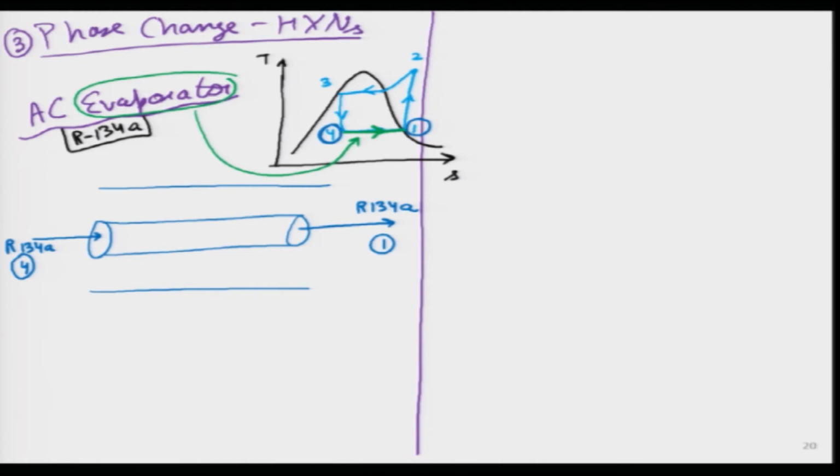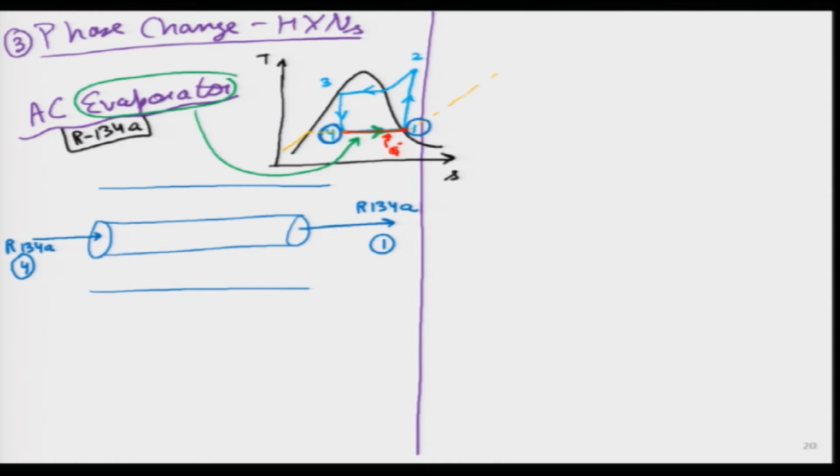Now, why is it going from state 4 to state 1? Those people who are familiar with thermodynamics, essentially what we are doing over here is adding heat to this refrigerant. This is the heat addition term Q dot at constant pressure, because I can draw the constant pressure line over here, extending like this. And that is exactly what is happening in this particular pipe. It is flowing at constant pressure or almost constant pressure, with no huge pressure loss.